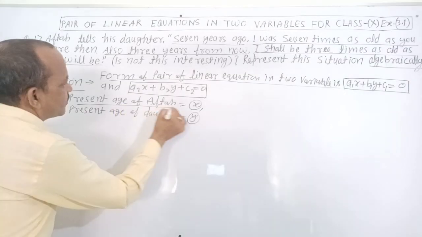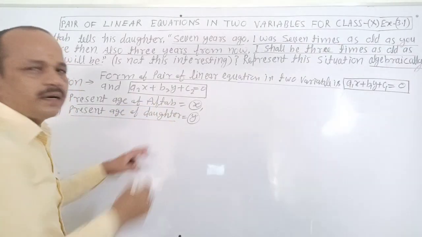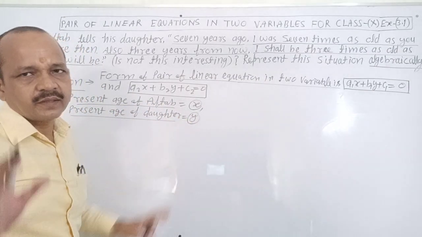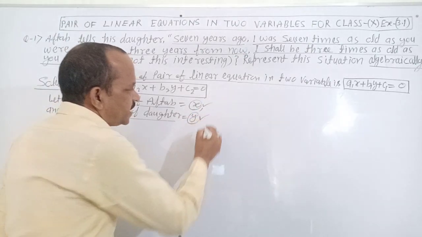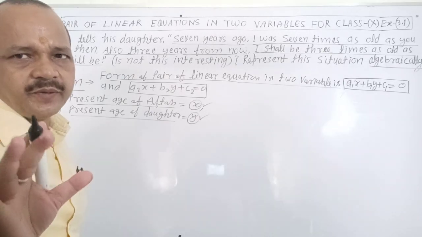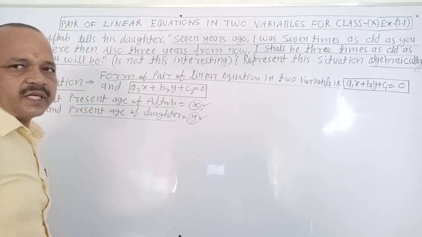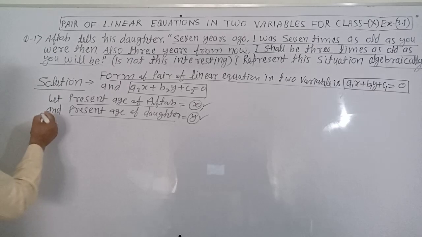Present age of Aftab is x, present age of daughter is y. It is clear? It is the present age of Aftab, it is the present age of daughter. According to the question,